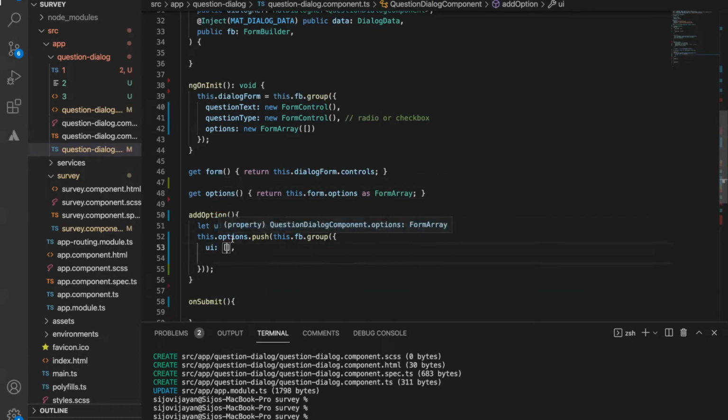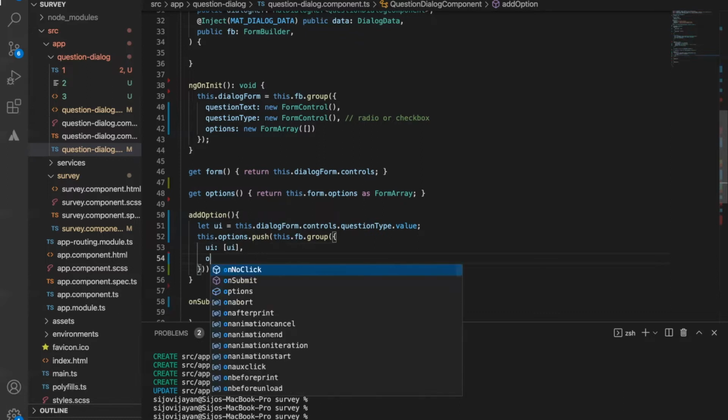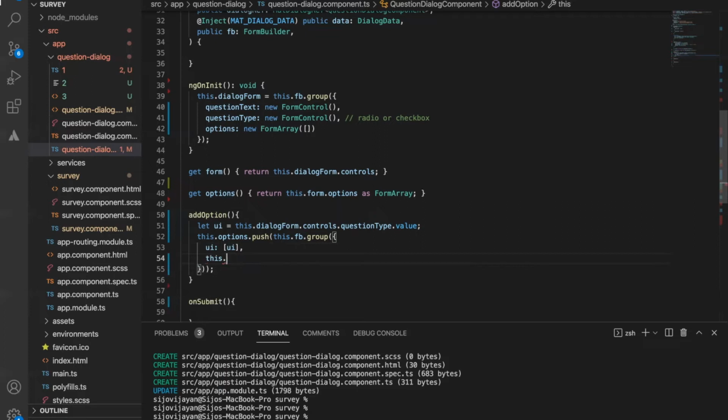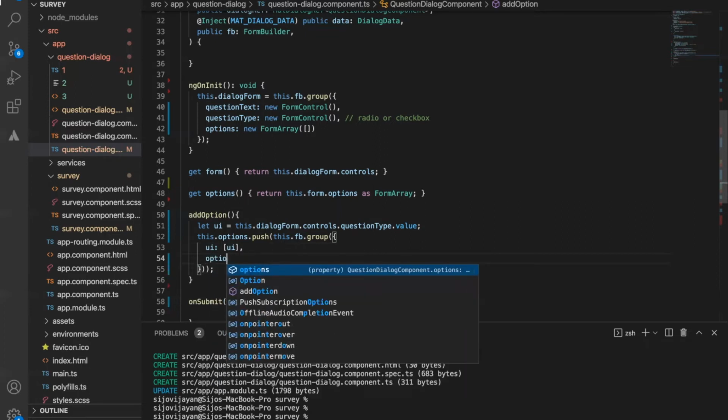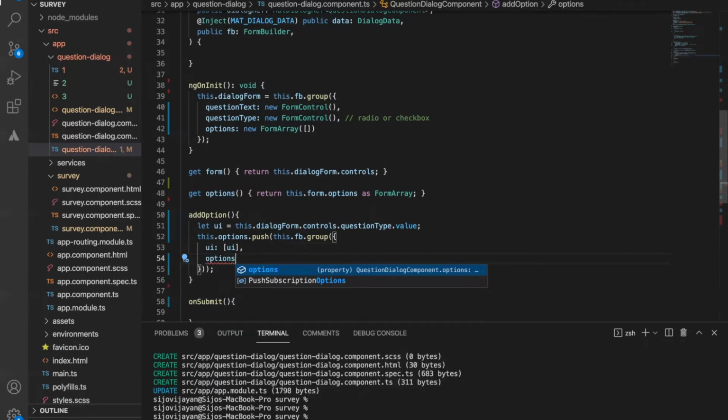So I will put that variable. Don't confuse this and this variable. The next thing I will do is pass option text, right? Oh, it's not options, it's option text. That's also okay. Initially we don't need to pass any data here. So that part is completed.